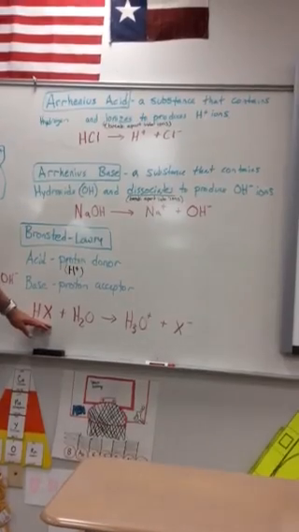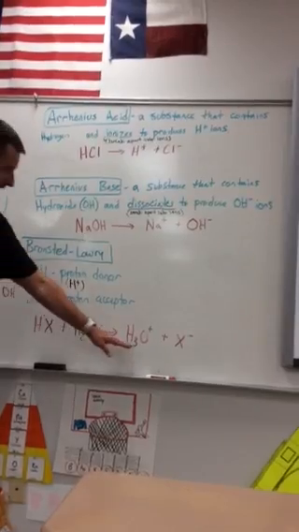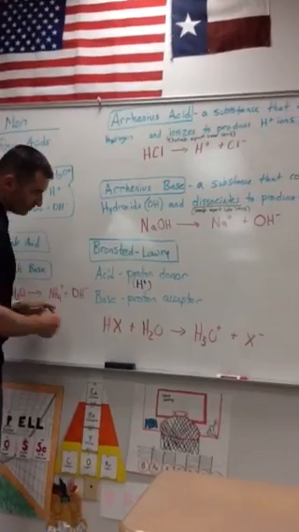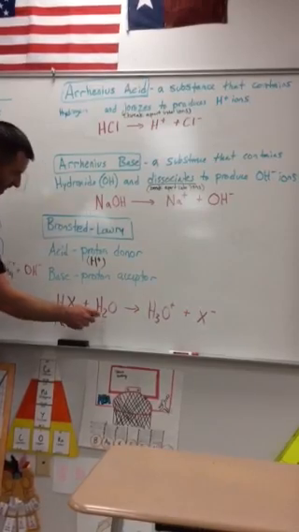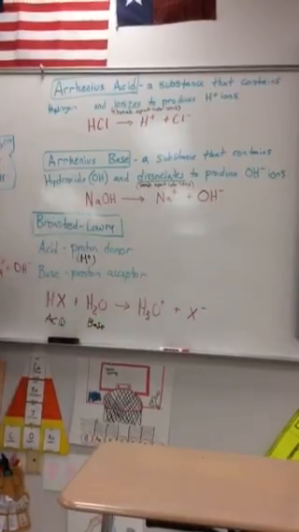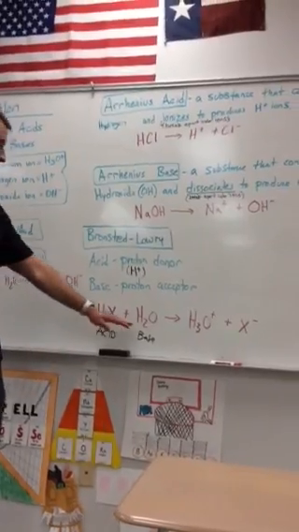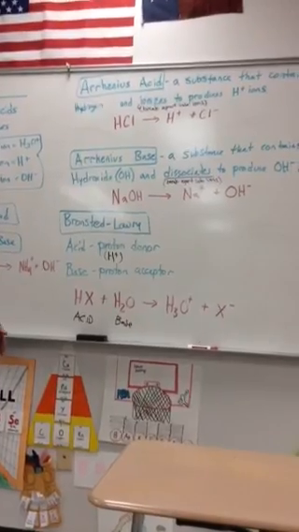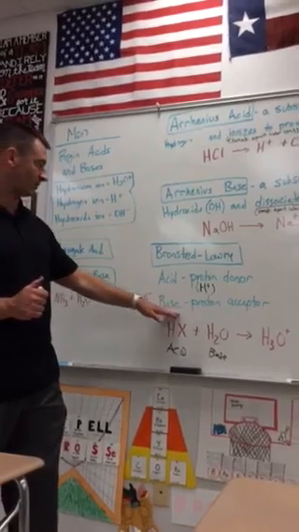So if you look at this example here, you have H and just X, because it's any nonmetal, plus water makes H3O+ and X-. So what happened was this donated a hydrogen. So that is my acid. This received or accepted it, so that is now a base, because the definition for a Bronsted-Lowry base is a proton acceptor. All right, so that is going to receive a proton, and this is going to donate a proton. So anything that is a proton donor is a Bronsted-Lowry acid. Anything that is a proton acceptor is a